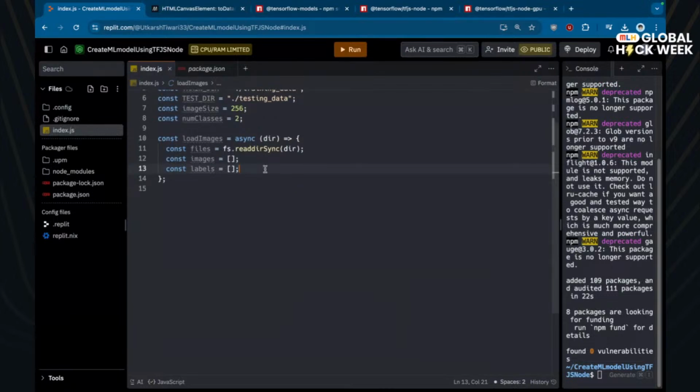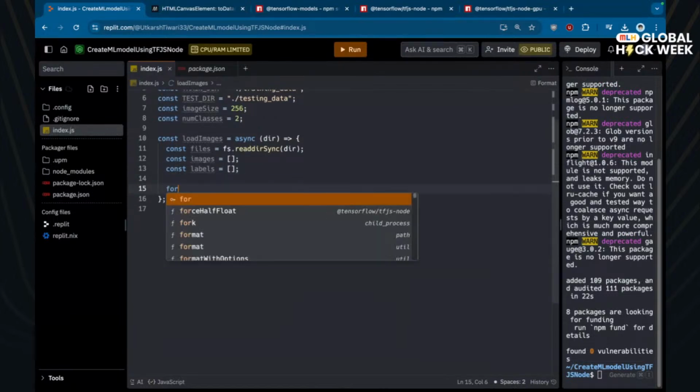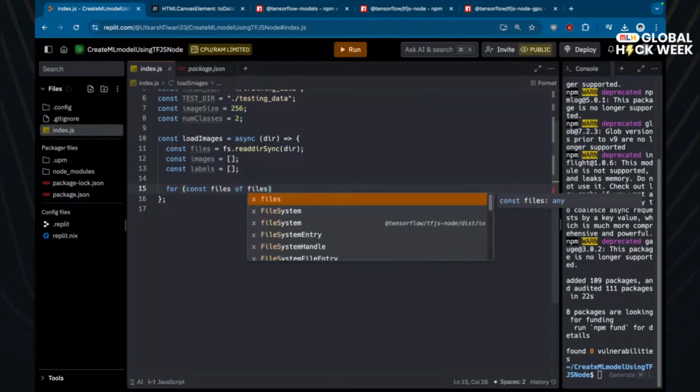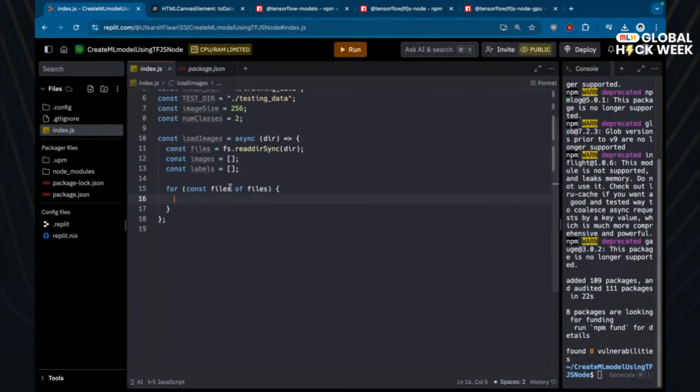Okay, and next part would be, now we'll go for loop, const file of files. I think this is a syntax which kind of comes from Java. The for of syntax has been introduced in JavaScript as well, I wouldn't say recently, like yesterday or something. And I find it quite nice. So const label equals to file